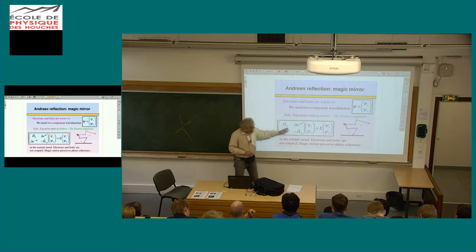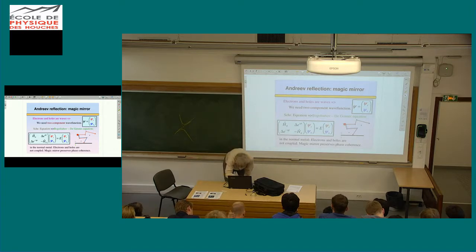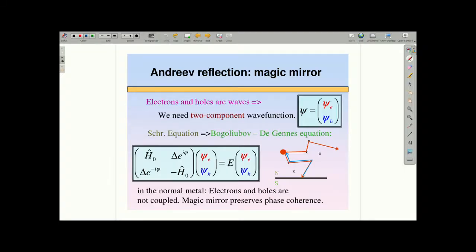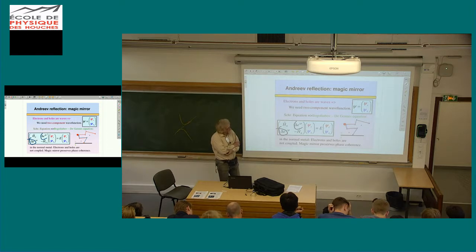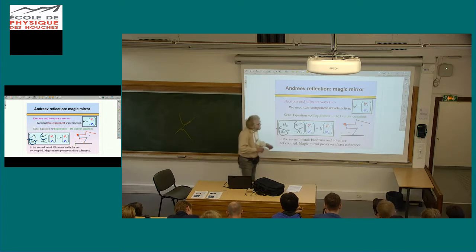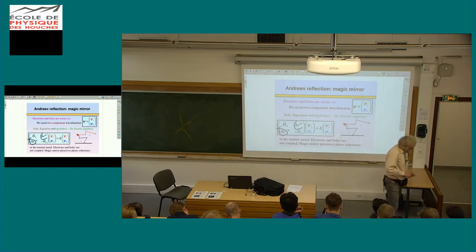There is a wave Hamiltonian for these components. These are the usual terms in the Hamiltonian which do not change electron to hole, hole to electron. They could describe potential scattering, everything which we know about the metal. And there is superconductivity, which mixes up electrons and holes. They are not coupled in normal metal, so these two types of waves could exist